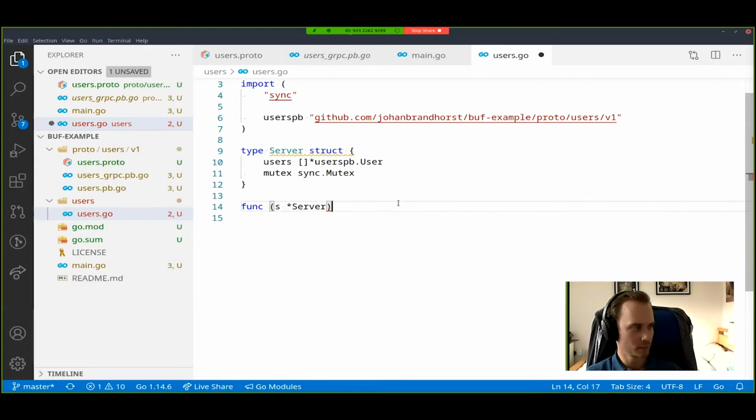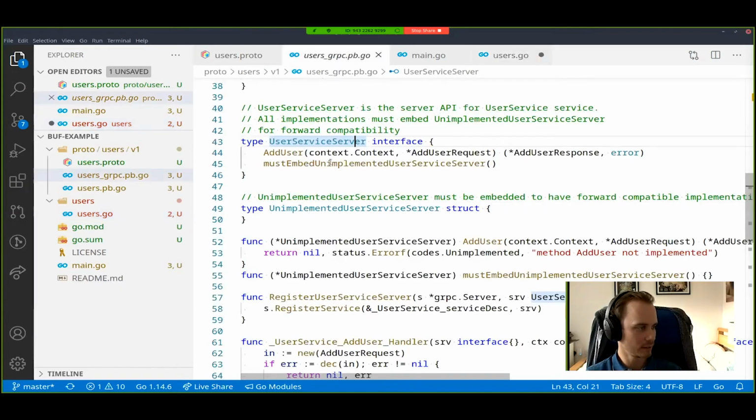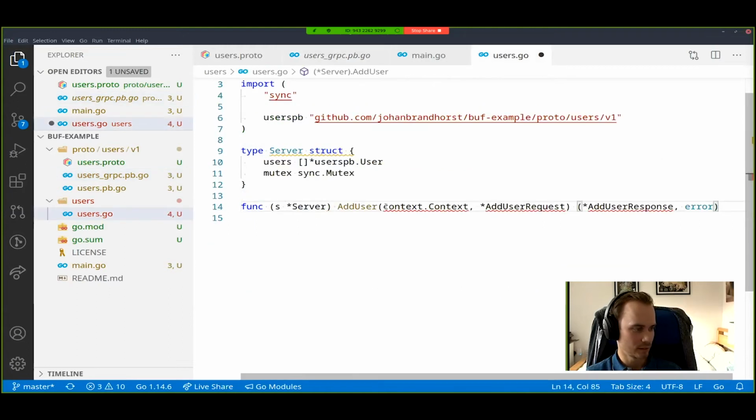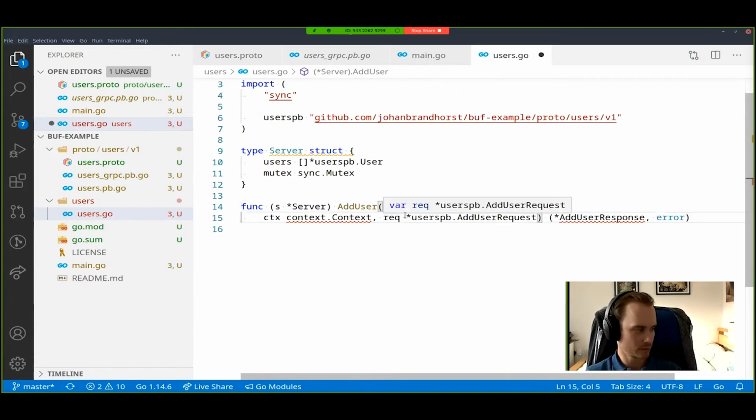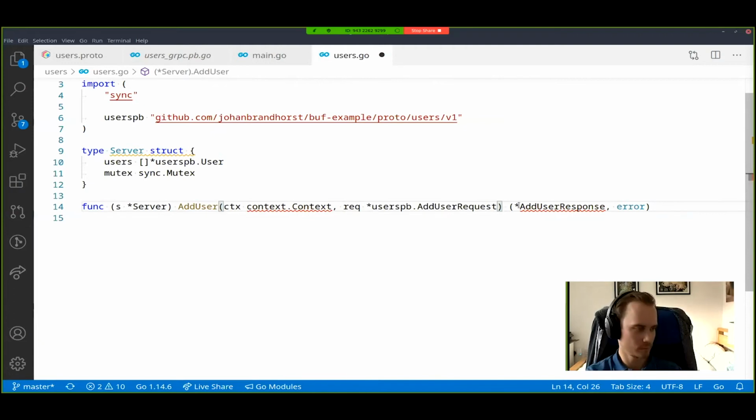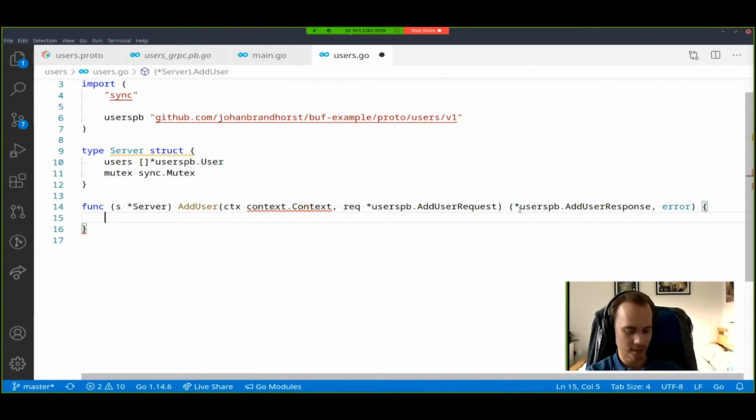Now, the function that we need to implement here, we can go and look it up in the file, like so. And it takes a context, and it takes a request. Let's remove that so we can fit everything on one line here. And so in order to implement the server, we're obviously going to want to store the users. So the first thing we'll want to do here is just mutex.lock, defer s.mutex.unlock, and then